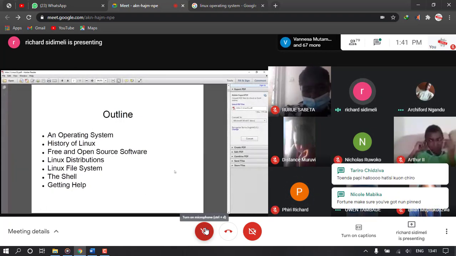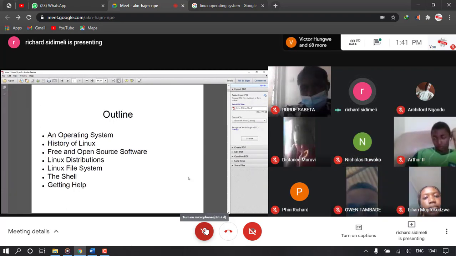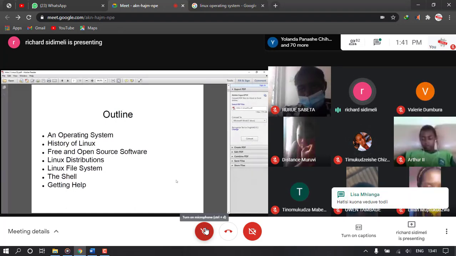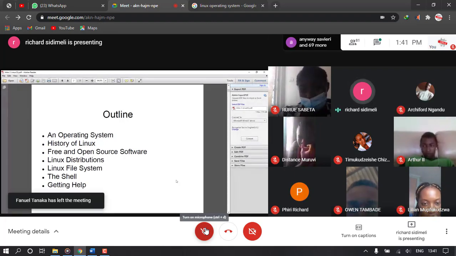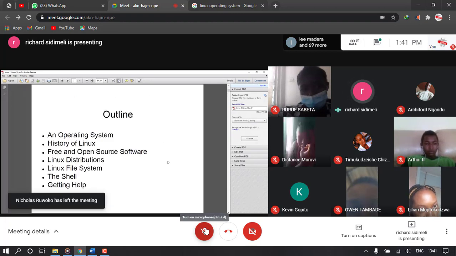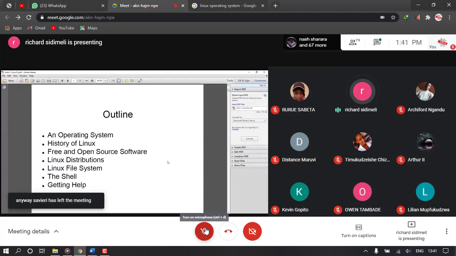The course outline is as follows. We are going to look at Linux from the perspective of an operating system and look at its history, and then the reason why it has some very excellent and very clear advantages over the normal operating systems like Microsoft Windows and others. We look at the distributions, the Linux file system, the shell,